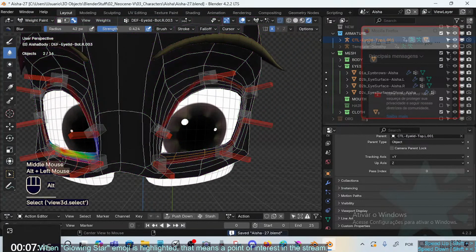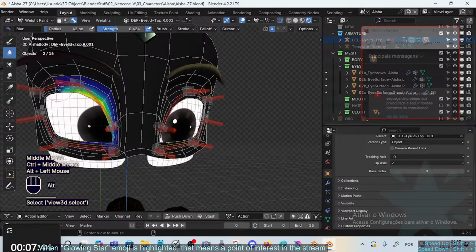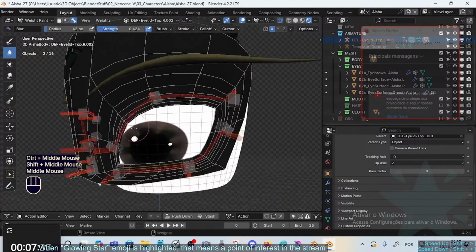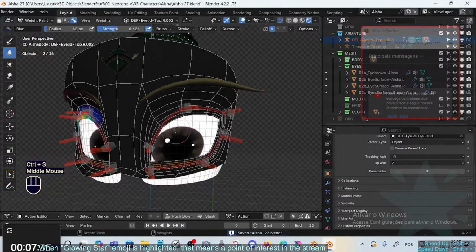Now, because this was symmetrized, we can get these bones. Also, they have the wave paint because this is a mirror modifier. Then what I could